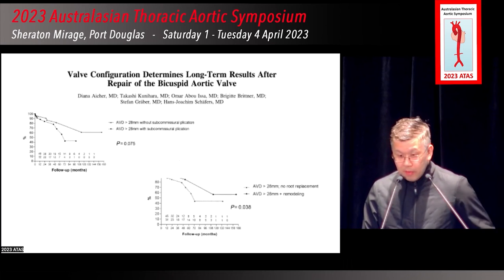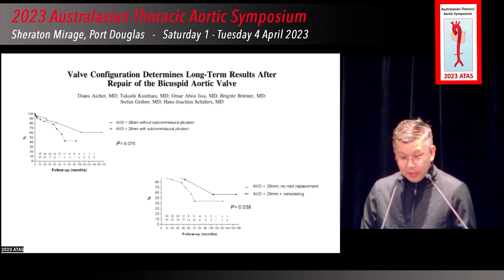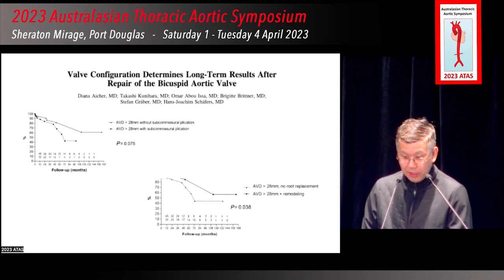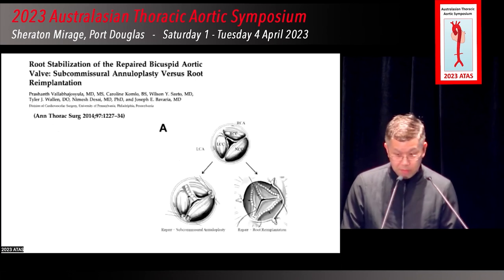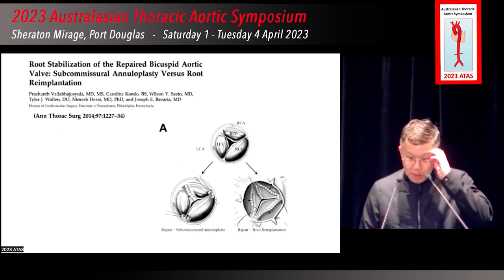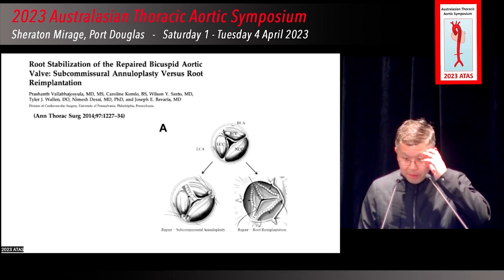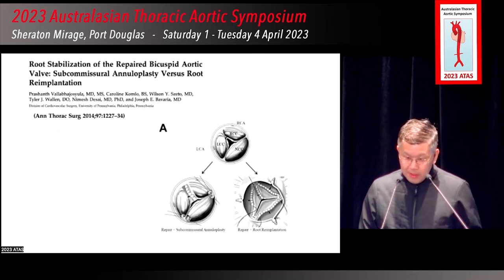And if you did have a dilated annulus, if you did a subcommissural annuloplasty, you were more likely to have a durable valve. And if you had a dilated annulus, you were more likely to do better if you did remodeling as opposed to not doing a root replacement operation. This is some data from the Penn group, and ultimately it's saying that stabilizing the root